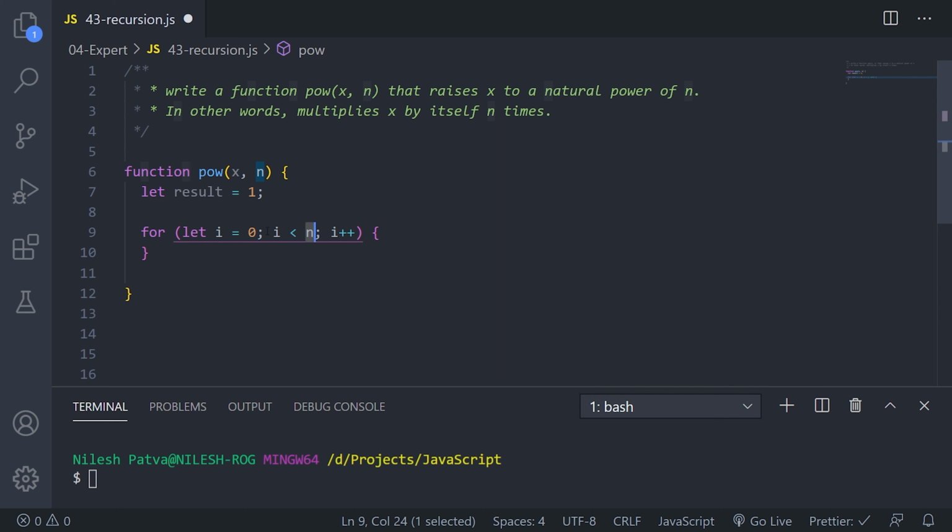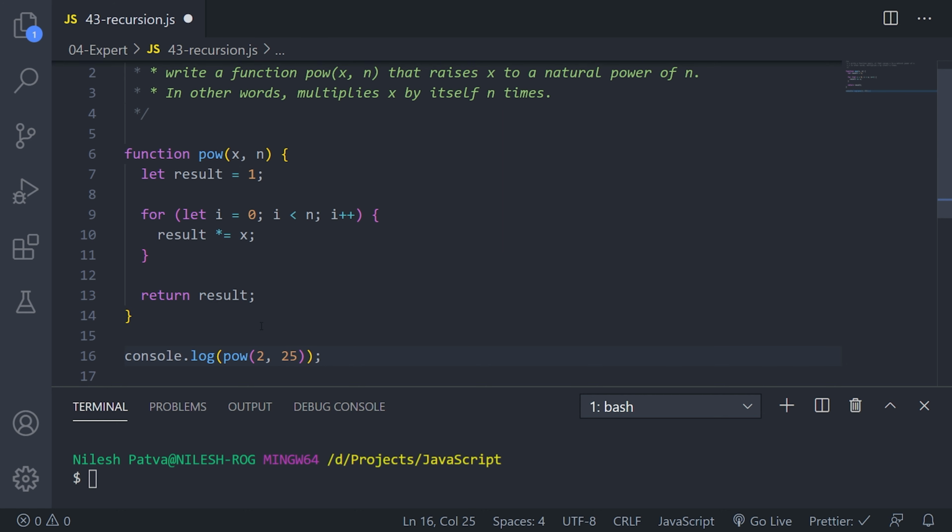The loop runs while i is less than n, starting from 0, which is why I am keeping it less than n. You have to multiply x by itself, right? First result is 1, so it is multiplied by x and becomes x itself. That is the power 1, and at the end we will return this value.